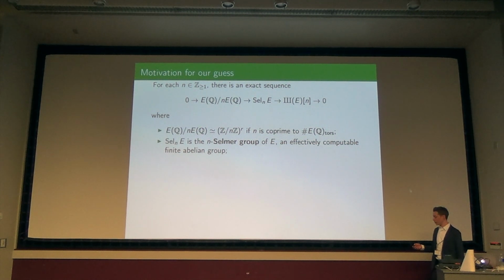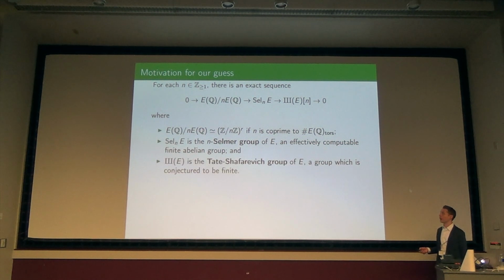Why? Because there's an error term. That error term is the Tate-Shafarevich group of E. It's like a class group of an elliptic curve, if you think number theoretically. It's a failure of a local-global principle to hold. They're ghosts, and the ghosts are measured by Sha: the things that look like they should come from points, but they turn out not to. If I knew that Sha was finite, then I could take n large enough and really discover the rank this way. It's not known if Sha is finite, but maybe we'll assume it while we're guessing heuristics. It'll be the least obnoxious thing that I assume along the way anyway.